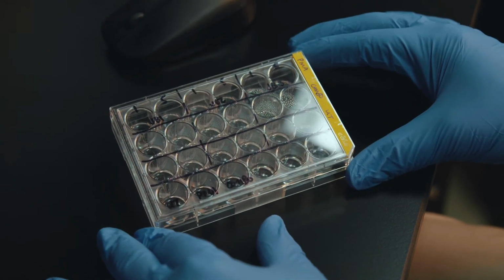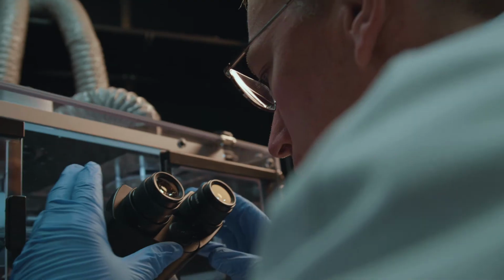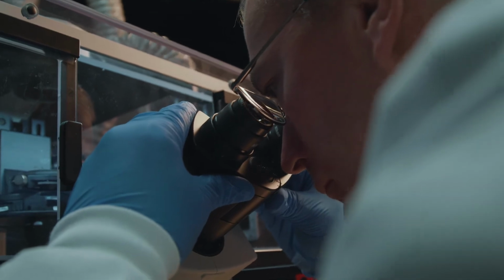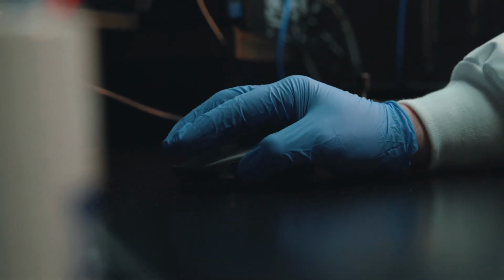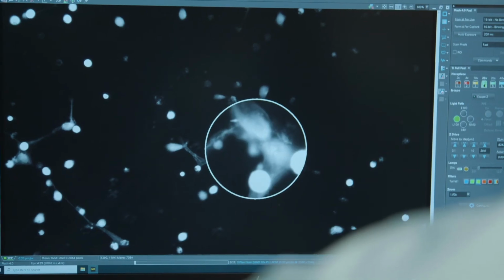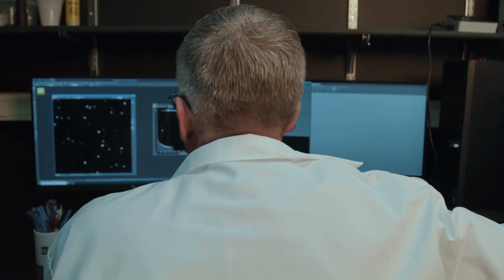In this experiment, we're looking at cells that were grown in a multi-well plate, and they're exhibiting this really interesting structure called a neutrophil extracellular trap, or a net. As the name suggests, nets are networks of fibers that our immune cells use to throw out and capture or trap pathogens and other bad things.